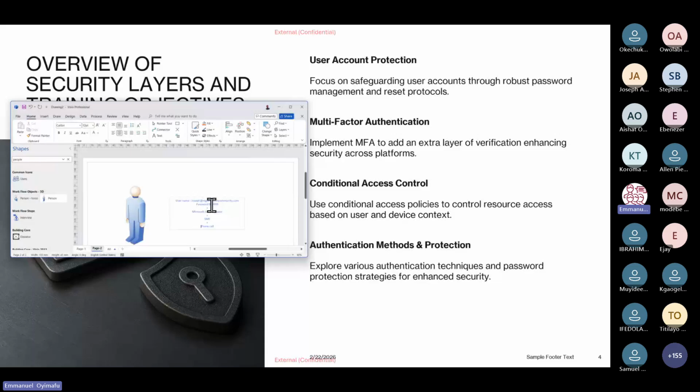That is why multi-factor authentication is good, because it gives you a way of using multiple factors, multiple protection layers, to prove who you claim to be.